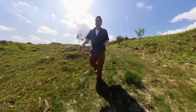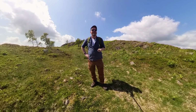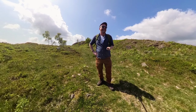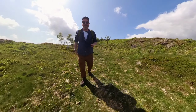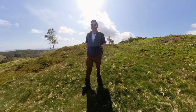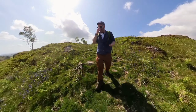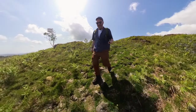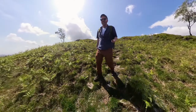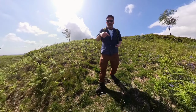But yeah, it took me all afternoon to think about it, and then all of a sudden I went to myself, hold on, Blencathra's quite big, and your fitness isn't that brilliant. So instead of doing a 620 odd metre one, which Blencathra is, Black Crag, just over there, is a nice 320. About 300 metres difference, which in this weather and my fitness is absolutely fine. I do not want to exert myself too much, because it's quite hot weather, and we're still in May. We've still got plenty of